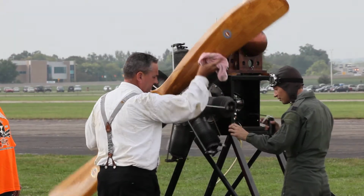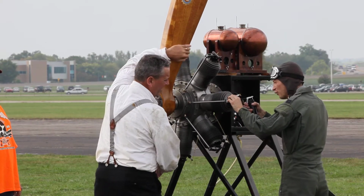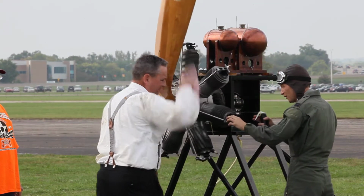Not over melodramatic. That's the truth. There are only 6 of these engines in the world. One of them's right in front of you. And it's one thing to be able to watch these aircraft. It's another thing to be able to hear them, to really get the entire sensation and appreciate the entire experience